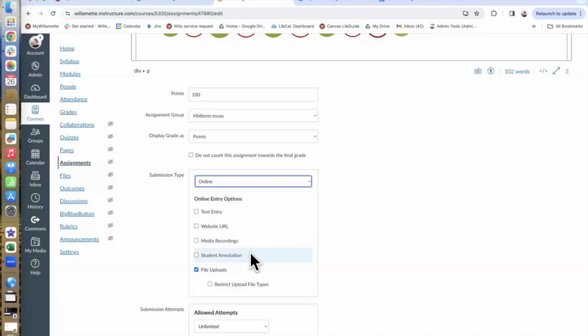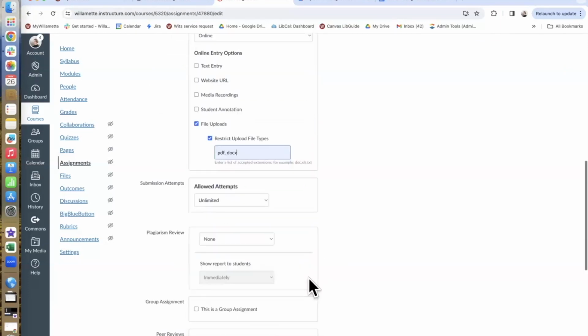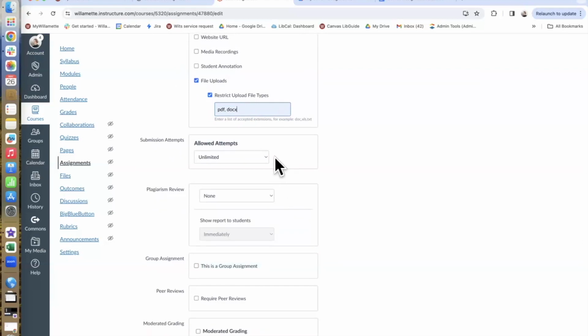We have a student annotation type of assignment where you can provide a file, a picture, or a text that you would like students to annotate, or file uploads. You can also restrict file uploads to specific file types. Allowed attempts should be more than one in case students submit a wrong file. For plagiarism review, we have